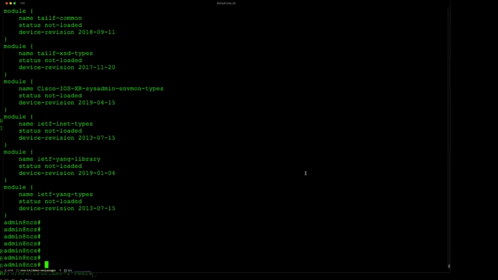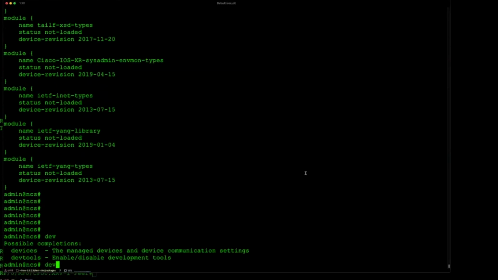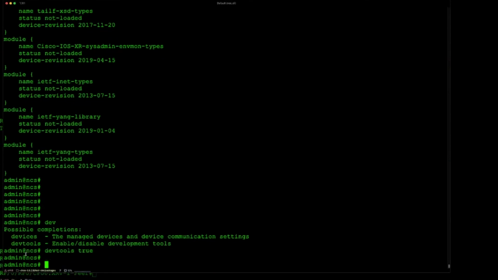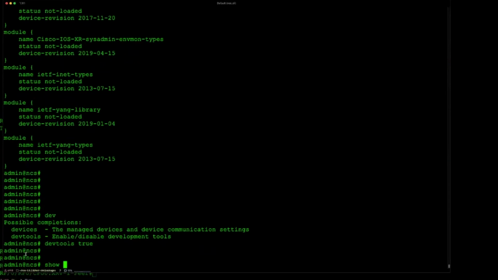Now remember, first thing I wanted to do here is this is kind of cool. You can see that there's this command in here when I do a dev. I'm very familiar with devices, but you have dev tools. And this dev tools is a utility for developers, and it just enhances more capabilities within NSO. So what I do is I want to enable that, and you just say true. And let me do this. I want to do a show devices